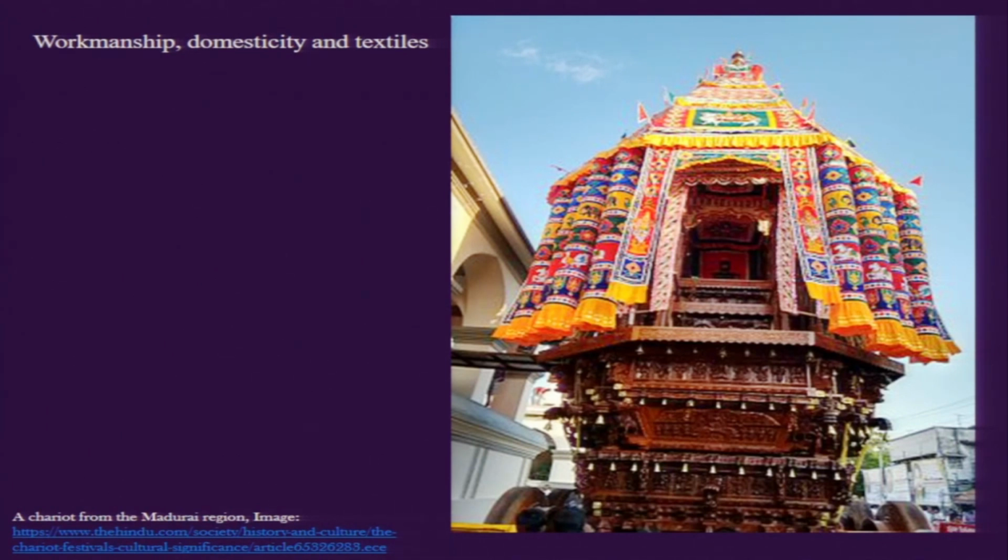So for example, if we go back to this particular form of embroidery, the Tombai, the Vasamalai and Toranam, those are made for temple chariots in Madurai and also in other parts of Tamil Nadu. We can see that these are made in a workshop setting where both men and women work. It's not something that is exclusively made by either men or women. And there are particular workshops involved in making the cloth pillars and the other decorations. It is not something that is associated with domestic work.